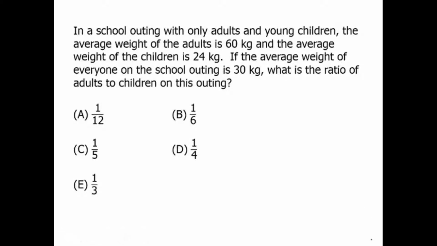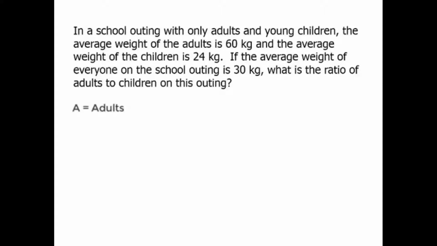There are a few different ways to approach this problem. Here's a more algebraic approach. Let's say that the number of adults equals A and the number of children equals C. So we have these three averages, and of course we can't add or subtract averages, but we can change the